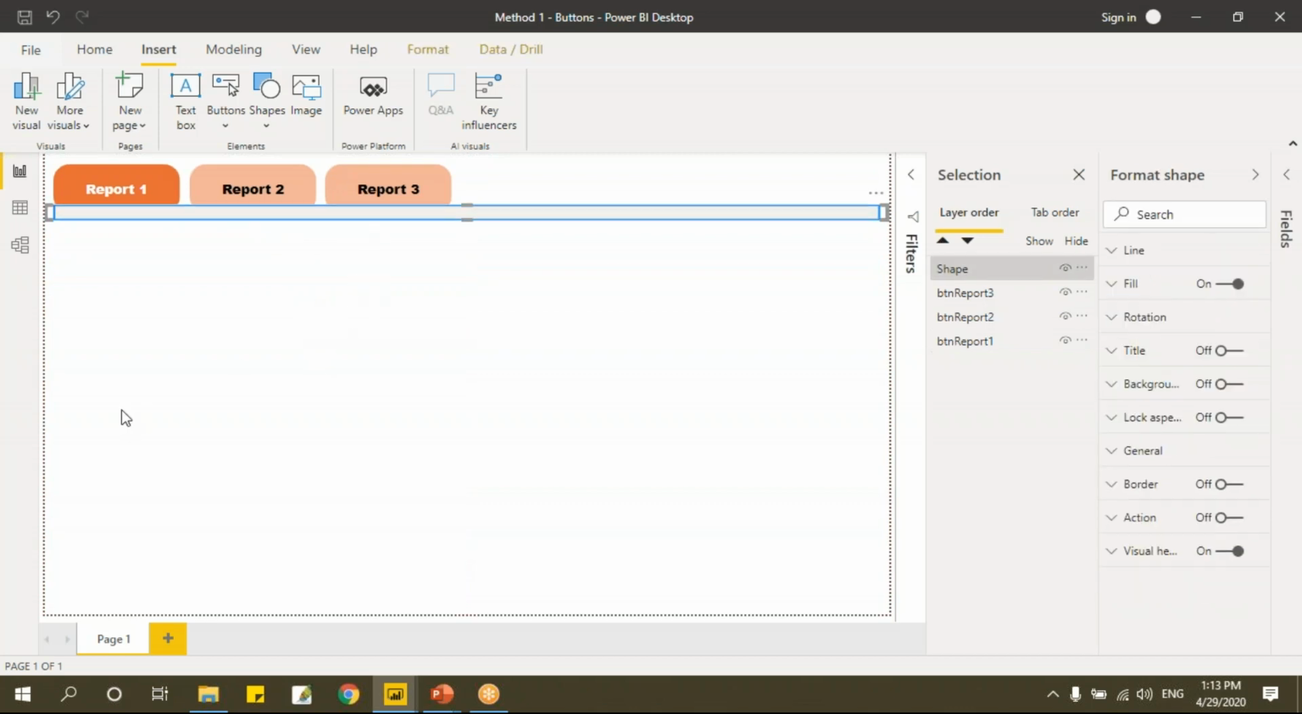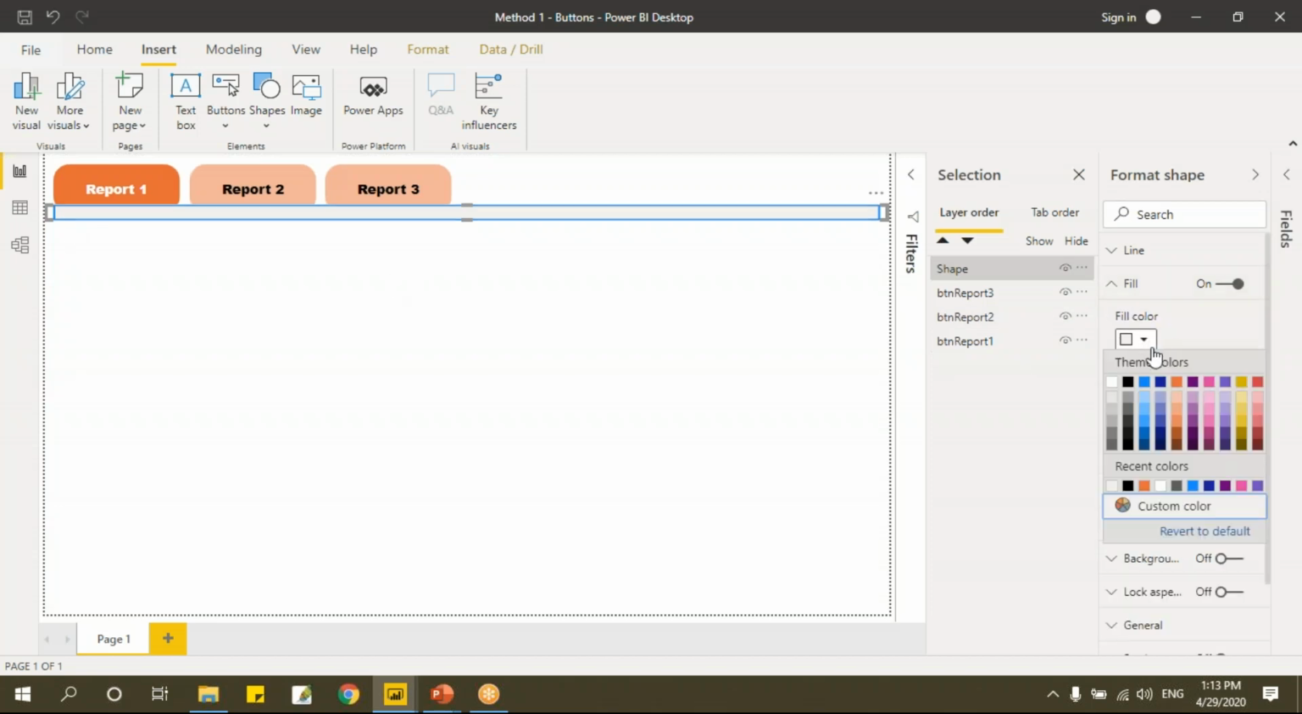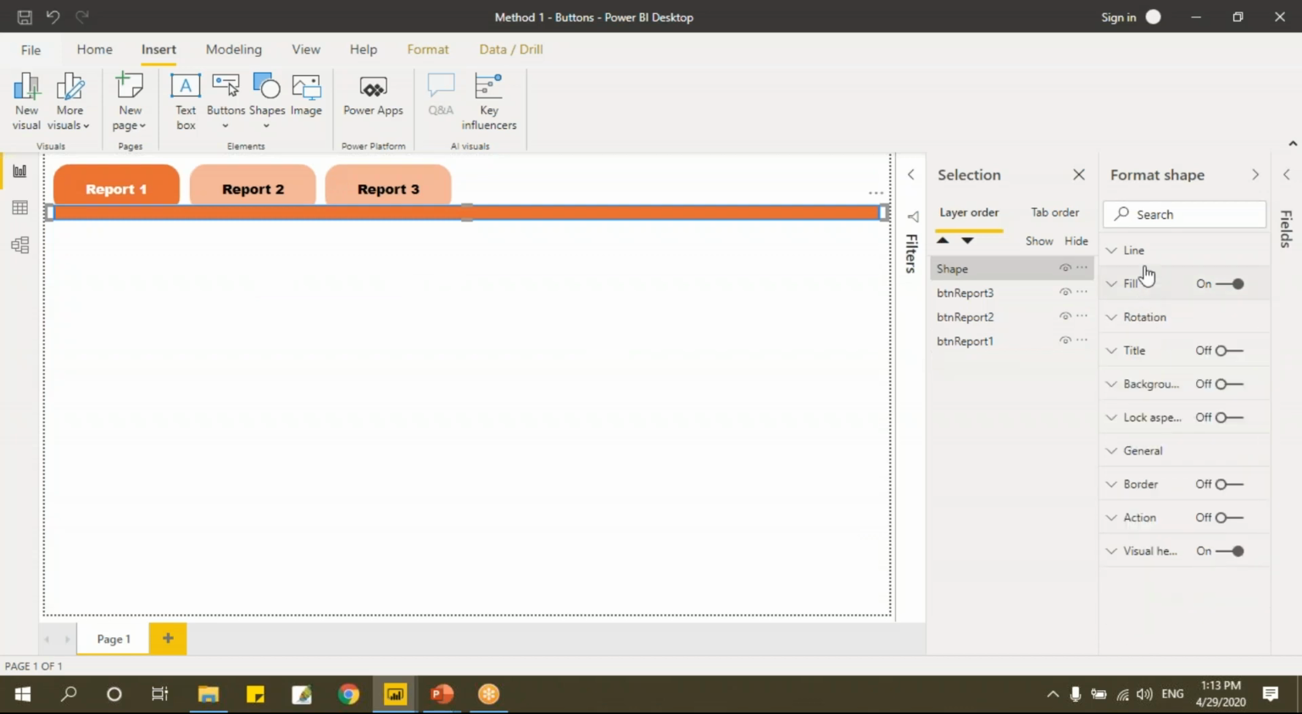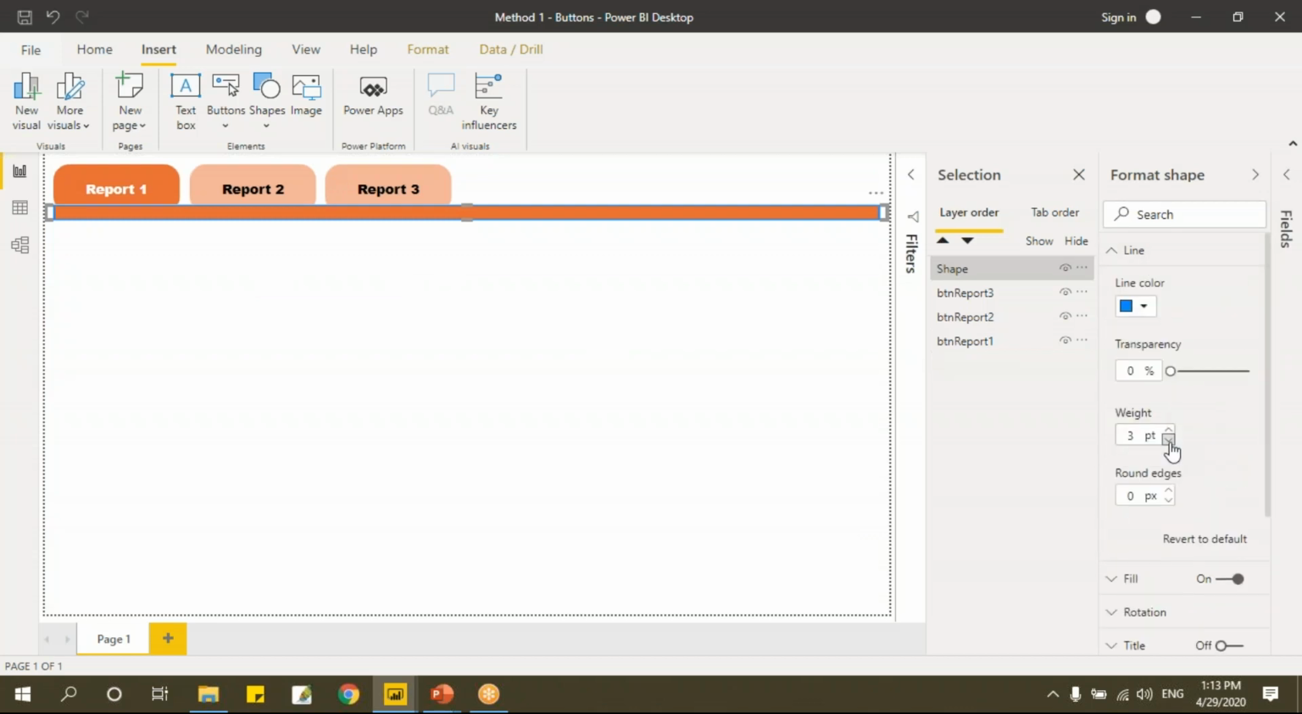Now let's select this and we'll try to give the color of the active button so that it looks as if these two are of the same shape. So how to do that? Let's select this shape, go to fill, and I'll select the same color of this, and then I'll minimize this, go to line, I'll remove the line. Click on this, see,